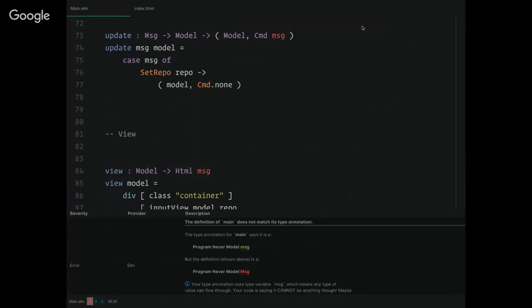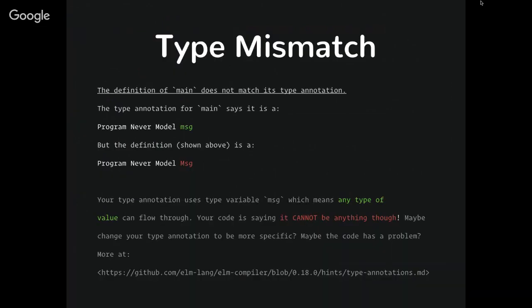So in here, I replaced the update function with this new code. And for people on the internet, I'm using a laser pointer, so I'm sorry. So I've added this in here, and now I'm returning this model and a command none. So pretty much just returning the same thing over and over again. And the compiler down here is unhappy with this. It's saying your definition of main doesn't match anymore. And that's where I've changed it in the update function to expect a message.